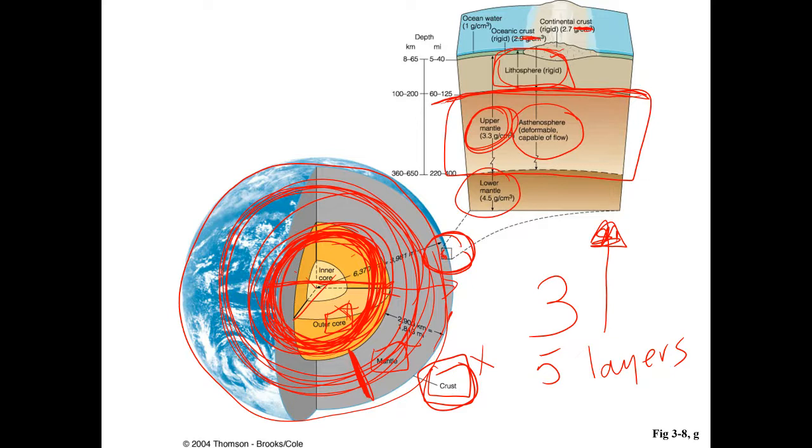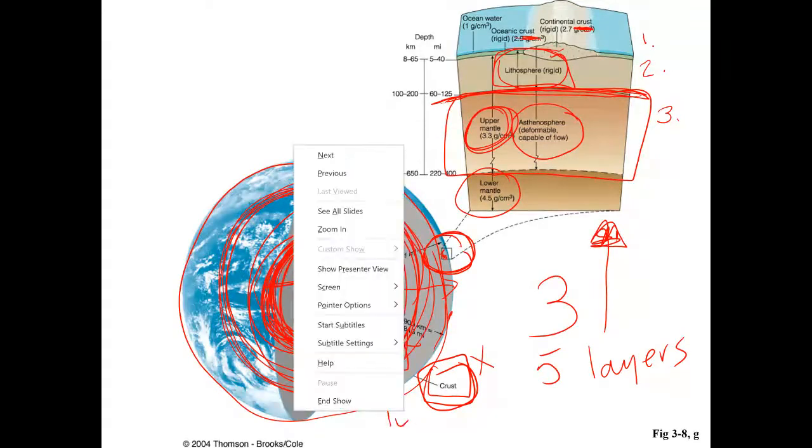So if we now were to label our Earth from the outermost layer to the innermost layer, from the least dense to the most dense, we would say crust, lithosphere, asthenosphere, mantle,